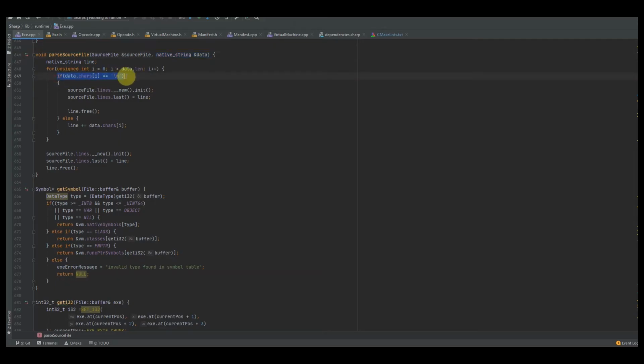So I'm going to go through the entire string here that I pass in, and I'm basically going to check to see if the current character is equal to a new line. If so, then I create a new line, initialize it, and then I add that last line that we just created equal to the current line as I'm adding them in this new string here. So basically, the concept is every time there's a new line, you want to add that value to the lines